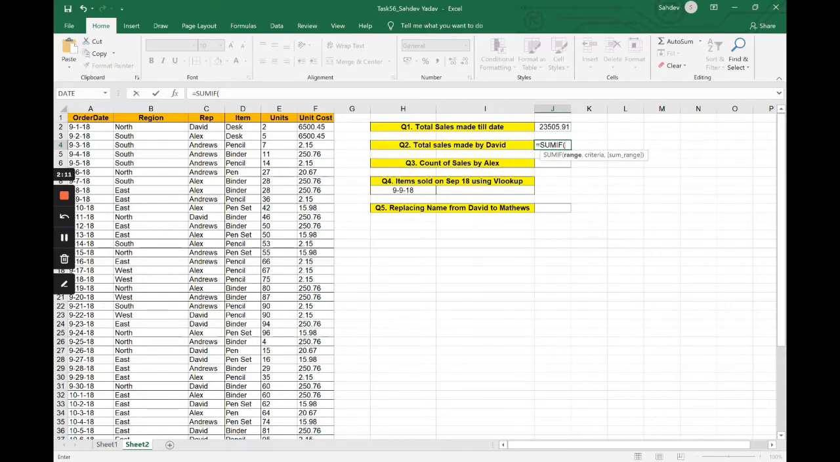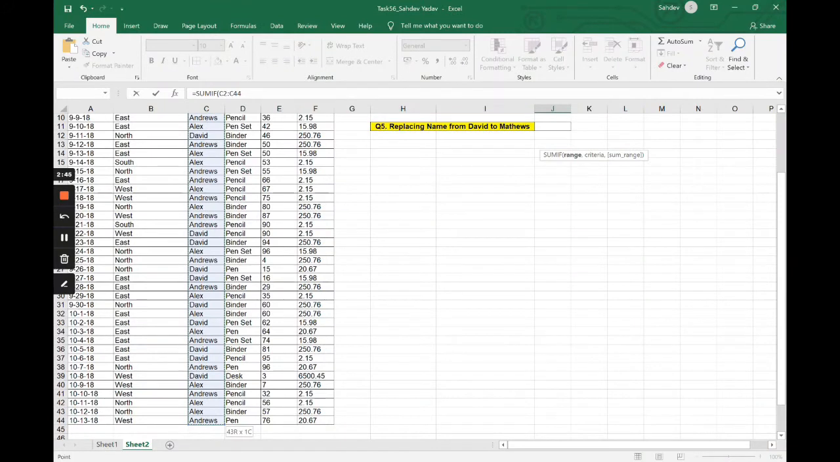So in this rep column we see that we have multiple entries of David. There's 1, 2 and many. So the first thing over here is we need to select the range, and whenever you are using any formula you'll see a hint over here. As you can see: range, comma, criteria, comma, sum range. So first we need to select the range. Range means in which we need to find David. So in this column we'll select this whole column because we have entries of David over here,